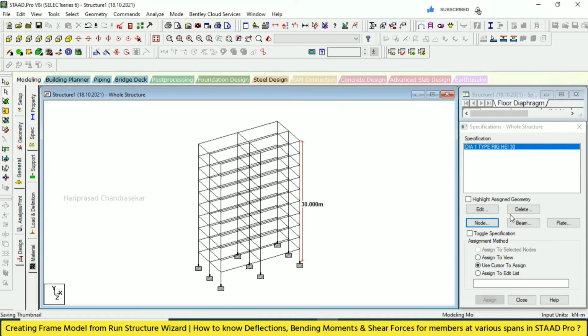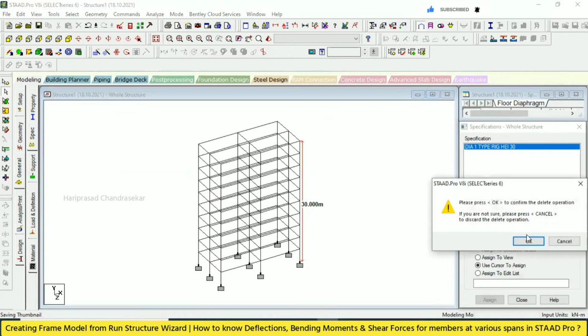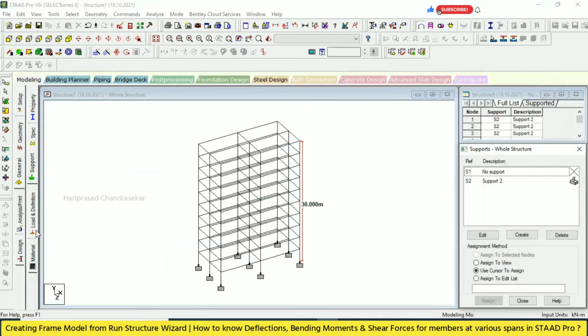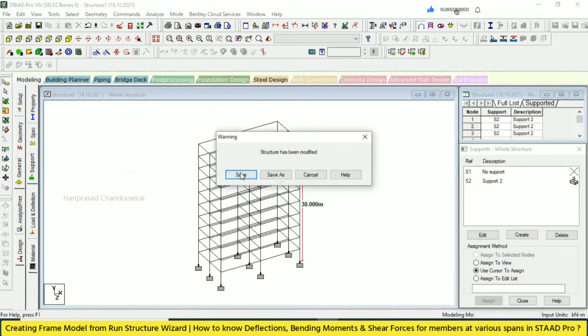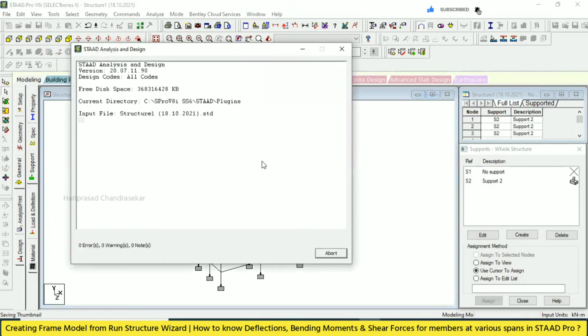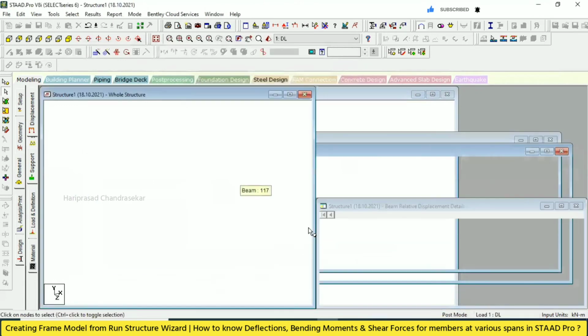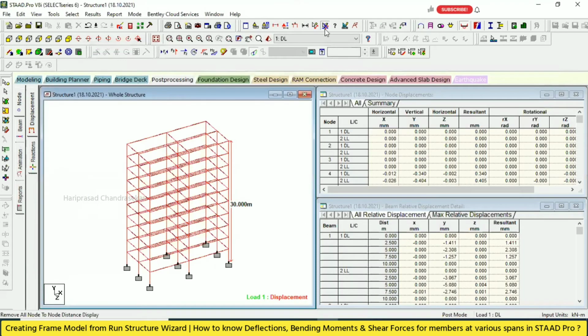Okay, when we delete this, when we delete that, we are getting zero errors. Then no need to worry. And then I'm just going to go to post processing and take the two loads. So remove node to node distance.